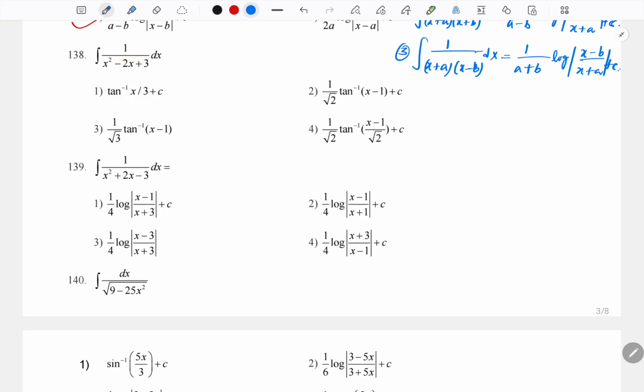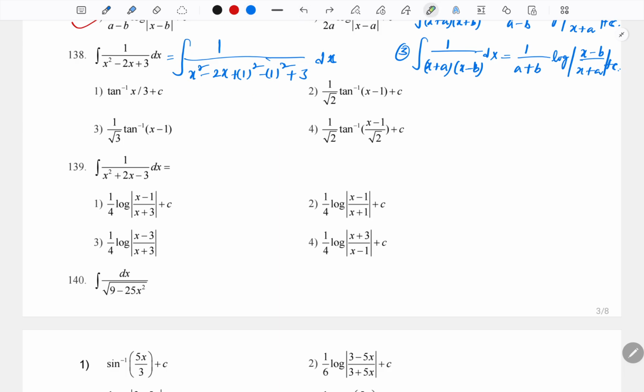subtracting. Okay, then integral 1 by x square minus 2x. I'm adding, the x coefficient is 2, so half is 1 square, and deleting 1 square, plus 3. Observe students, I have added plus 1 square and minus 1 square. Any change? No change, right? Then the first part goes to